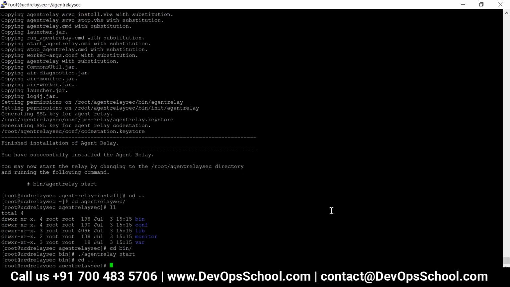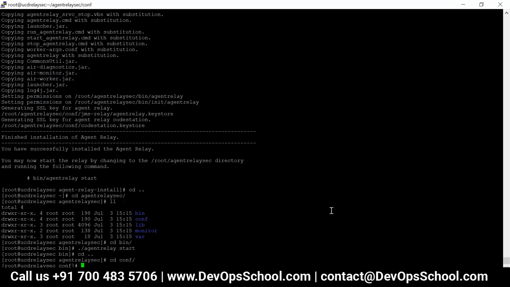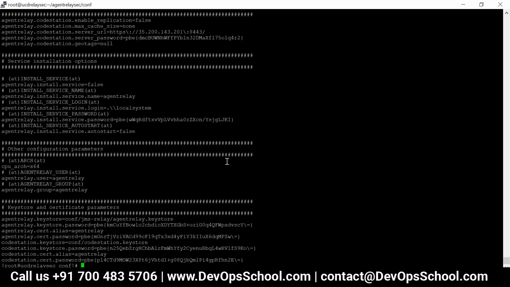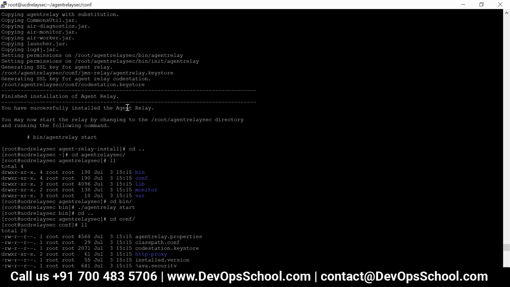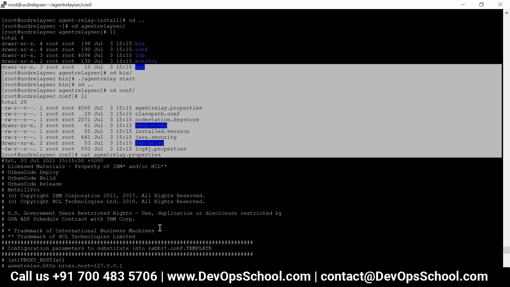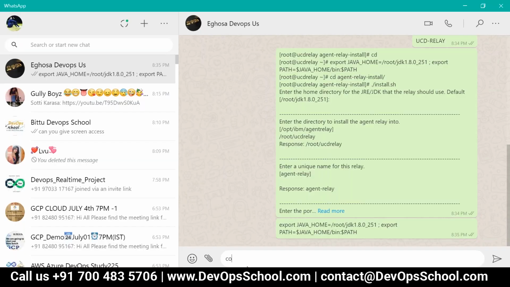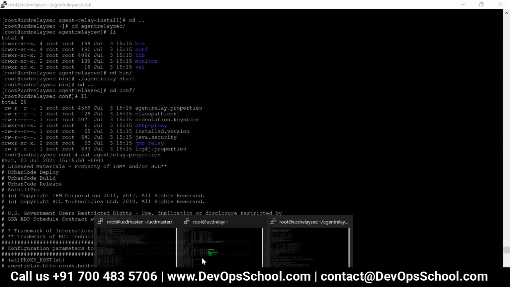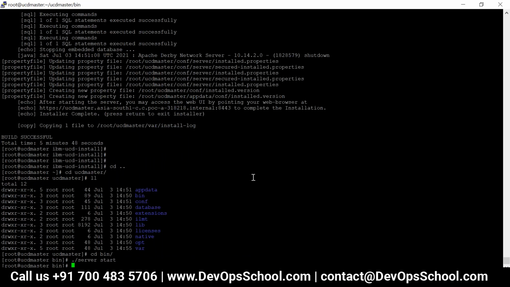Okay, remember this one, it is important. All your configuration files will be here. This is the path. All the configuration files, the conf files for agent relay. The configuration file for the server. This is the configuration file.